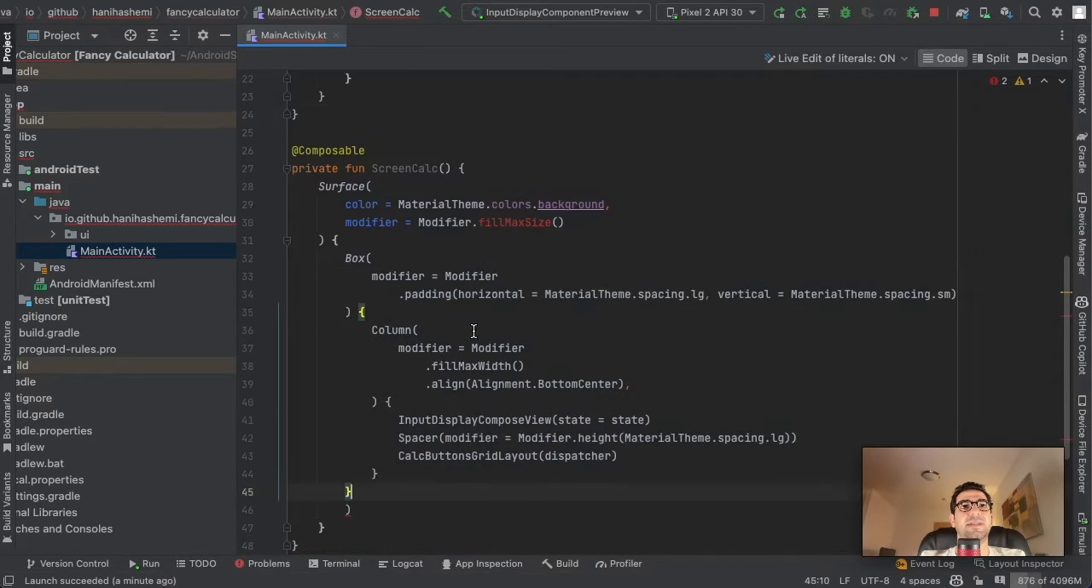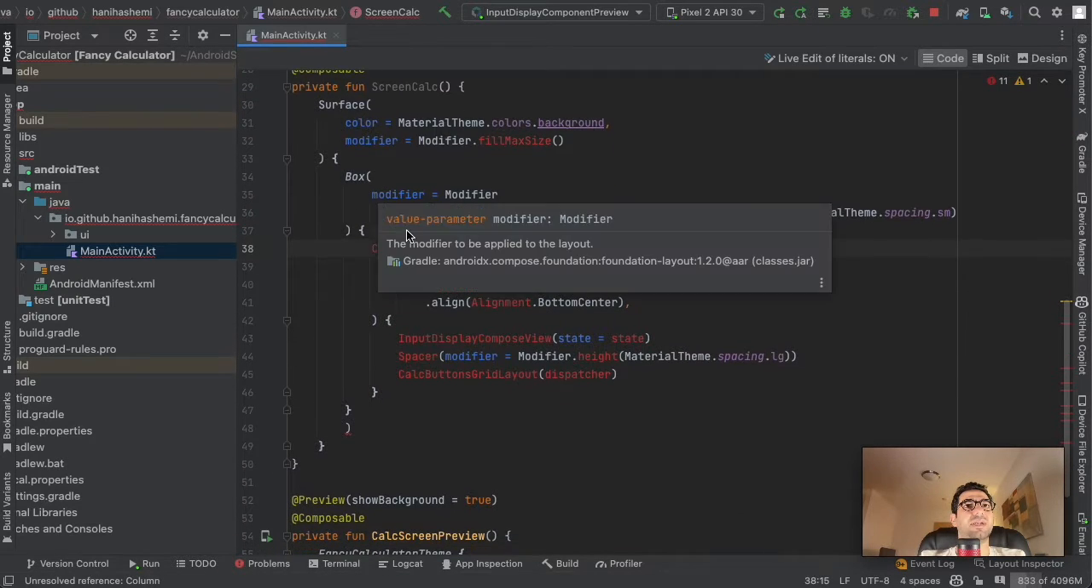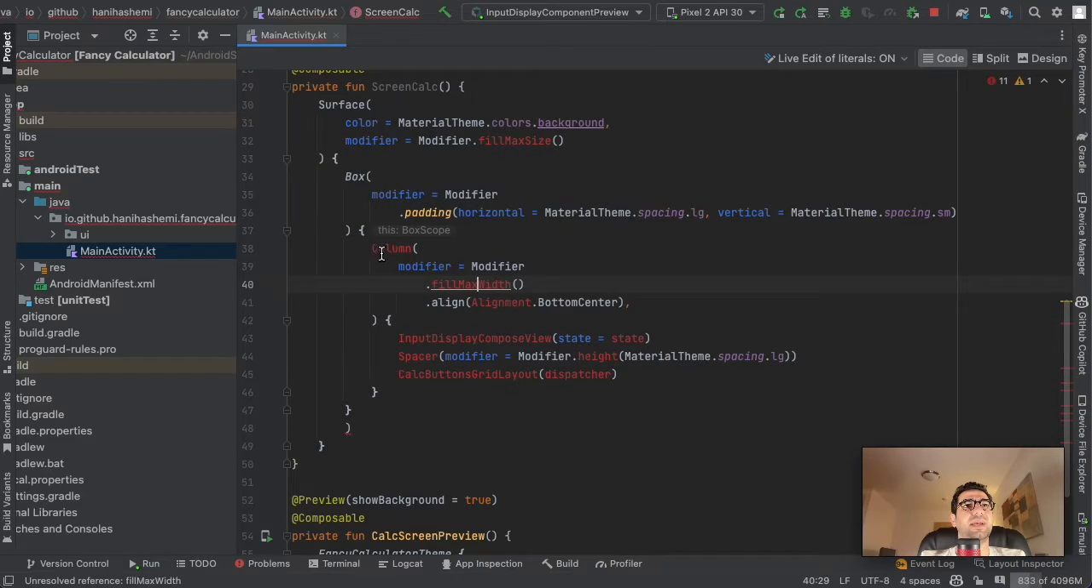And yeah, exactly. So what we have done is that we have added the box, and we have added the padding to the horizontal and vertical part. So the paddings are added. Let me import some of them. And after this box, I'm going to have the column, and the column should